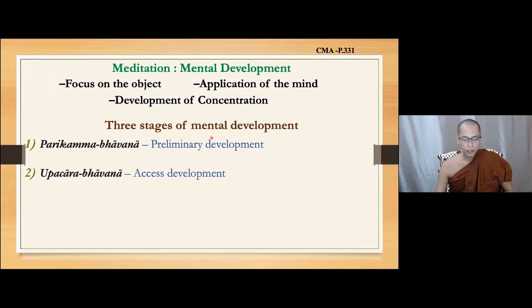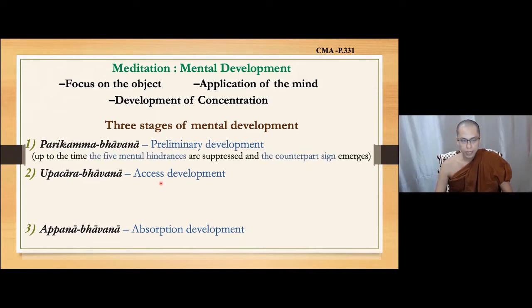So after practicing for some time, the concentration becomes stronger. That is called the Upachara Bhavana. Then the last one is called the Appana Bhavana, which is the attainment of absorption. So this is absorption development. Then, the first level, primary development, refers to the mental condition after the 5 mental hindrances are suppressed and the counterpart sign